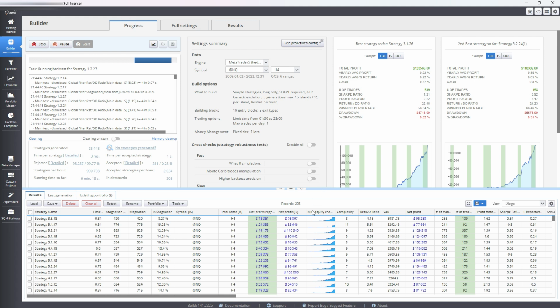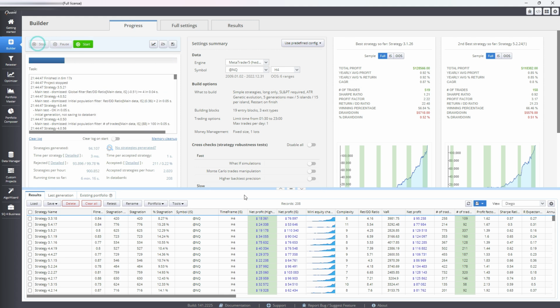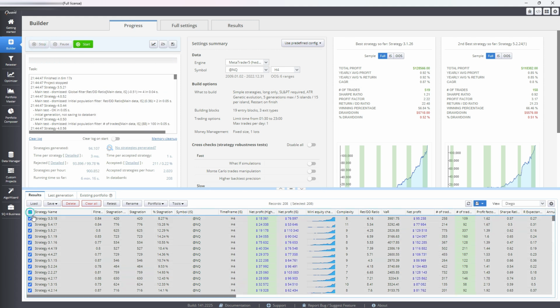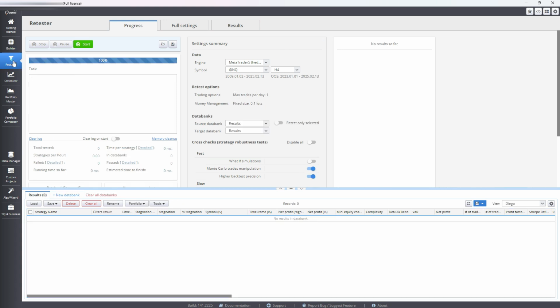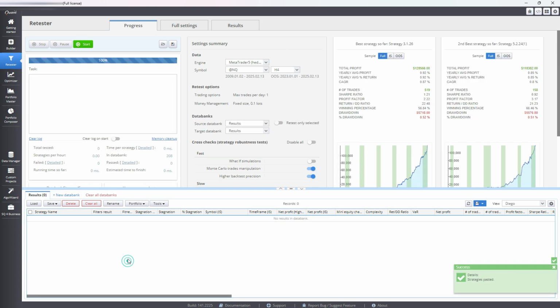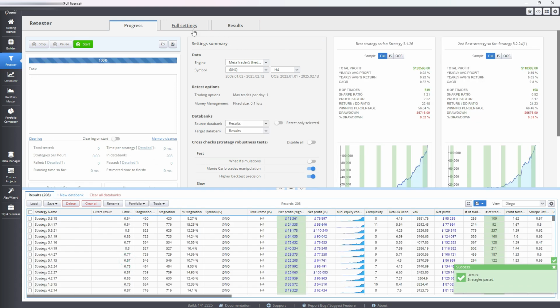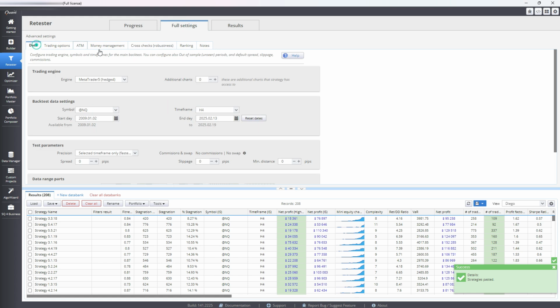Okay, let's stop it. We have 208. I'm gonna copy this, go to retest, paste, and here in data I'm gonna choose from 2019 until today,